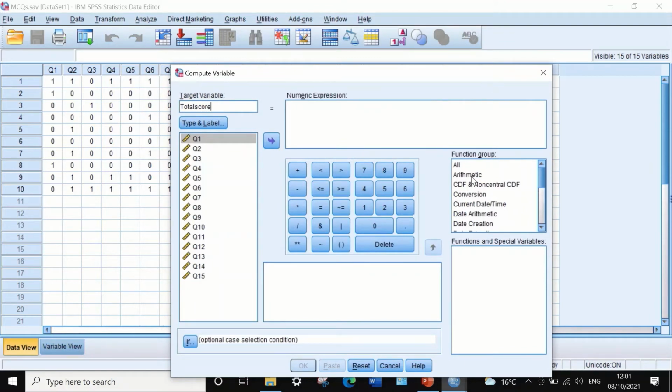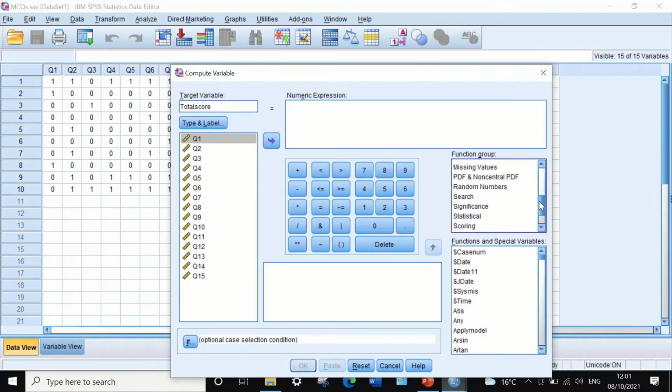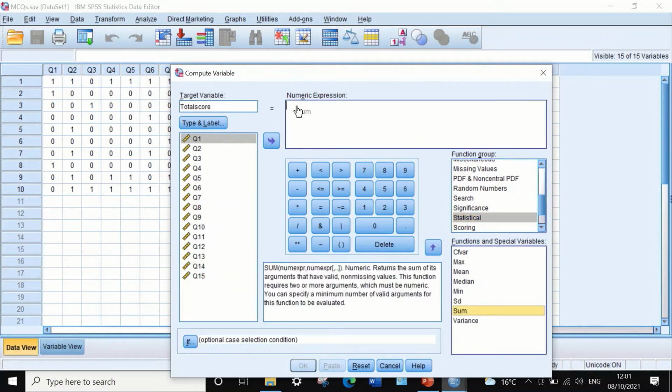To use the command for the sum, we click on the function group all, scroll down to statistical, and select the function for the sum. Drag the sum to the numeric expression box, and then insert the variables one by one between the brackets separated by commas. We insert the first variable, then separated by a comma the second variable, then a comma and a third variable,